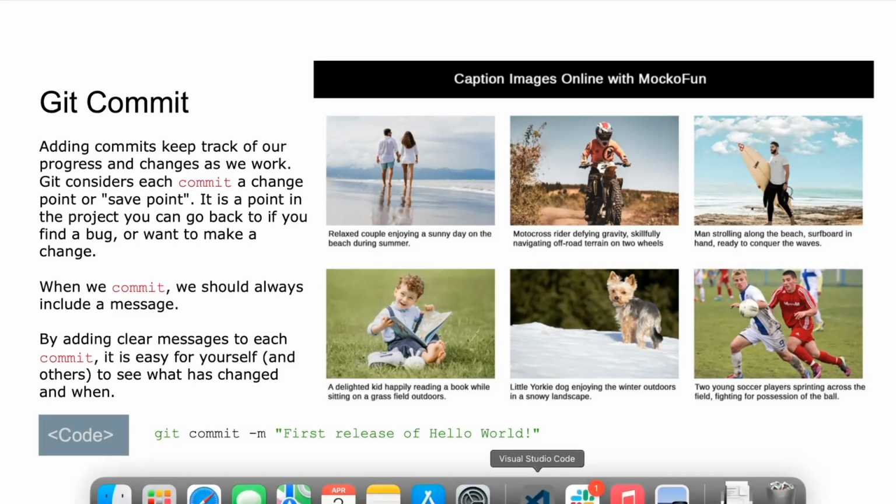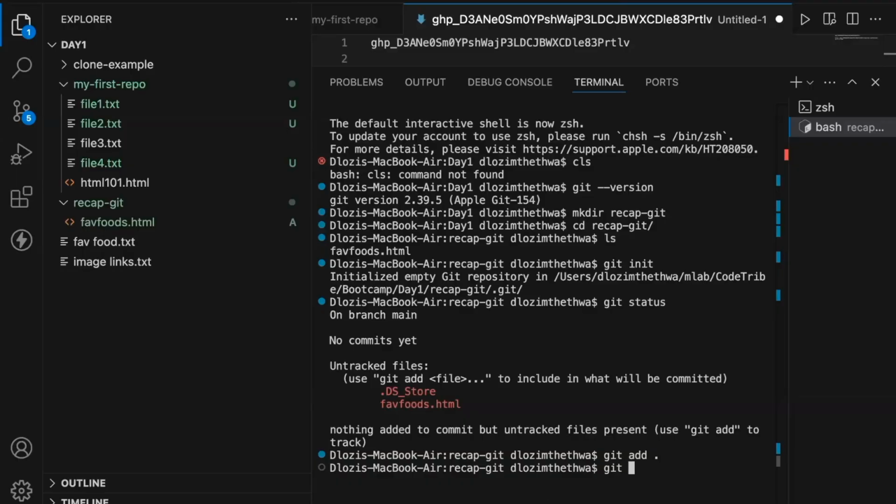Let's take a snapshot. Okay. Remember, your messages must be very descriptive, because yesterday I just wrote a nonsense message like "my first commit." And then when we went back, I couldn't remember what I did in that first commit. That's why you have to write a good message. So: feature, I'm adding a feature, save foods HTML,